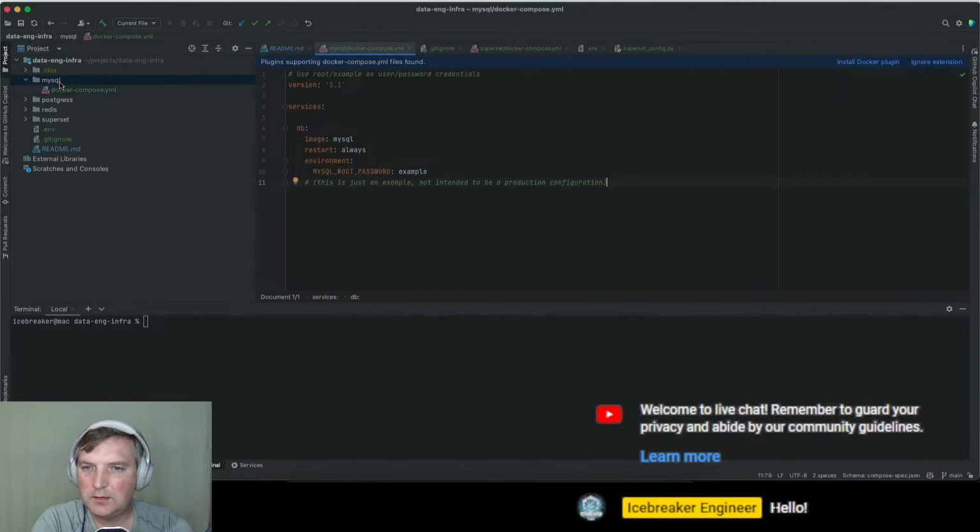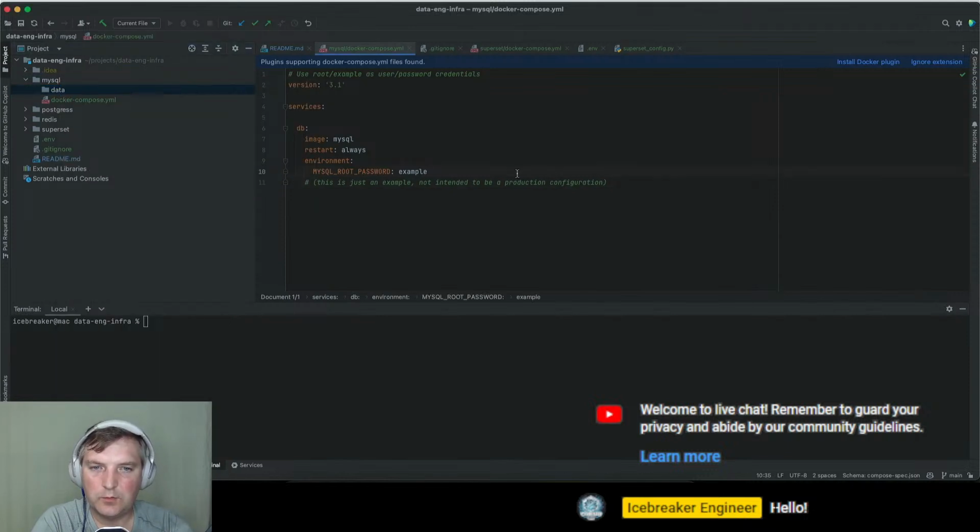Now let's add a new directory and call it data. This is where we'll be pulling our data. All right, and now let's describe volumes and the MySQL service. Okay, password, this one is easy.